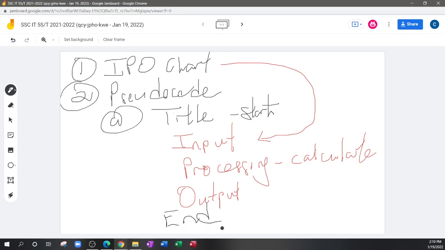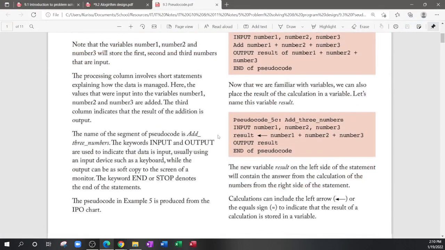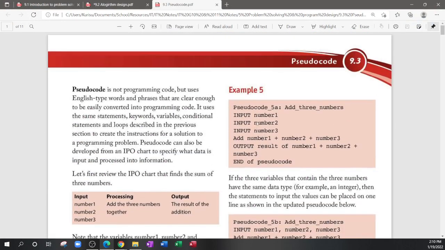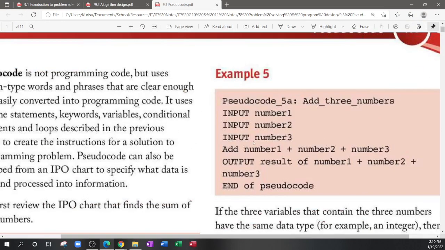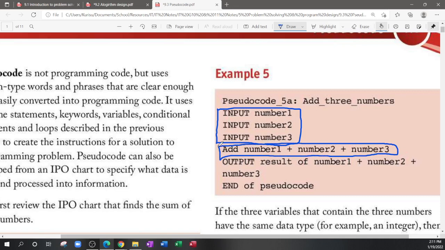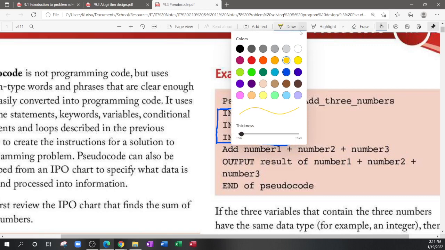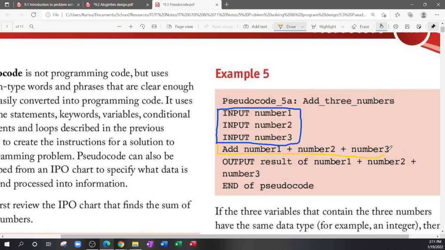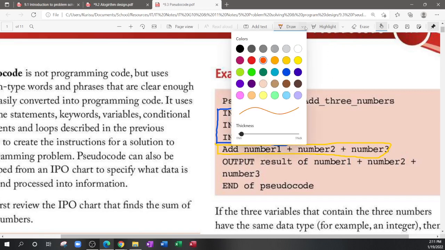So that's a basic layout so far. So far we looked at how to create a basic pseudocode, how to indicate what your input is. These are examples of indicating your input. This is an example here of processing. Let me put that in a different color. This here is an example of processing. And the very last one is an example of